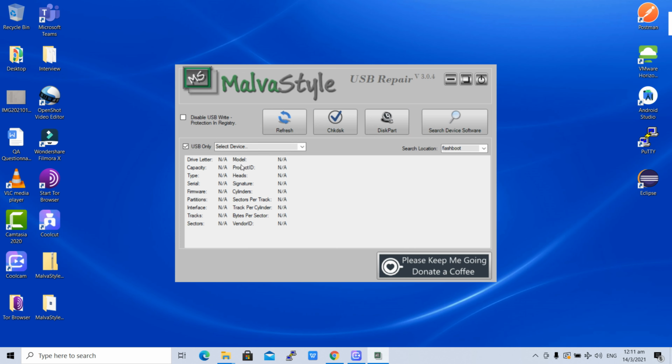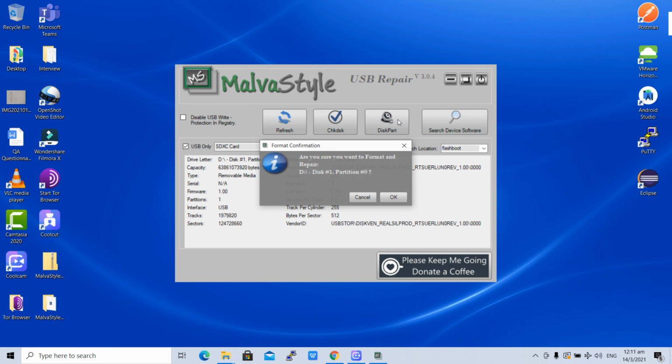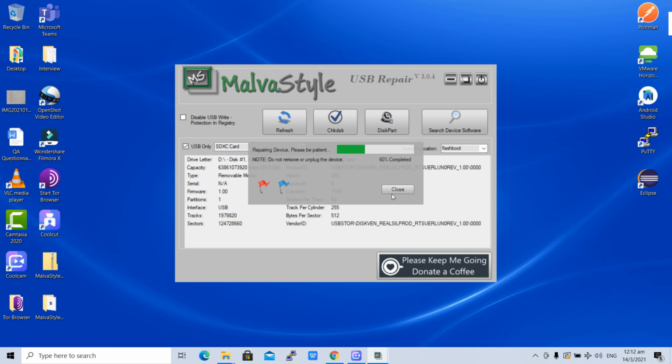Once you open this, you search for your USB only. Just select it. It will show your USB card. This is the USB card. Then you can click on diskpart. Just click OK.